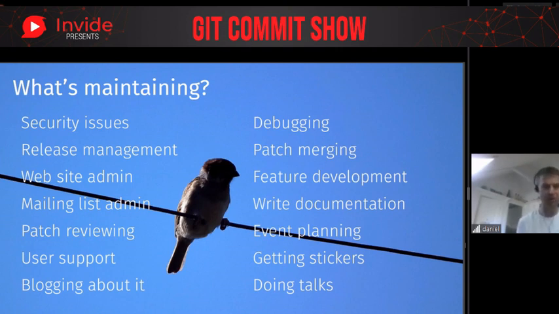User support people are having problems with curl, with libcurl, how to use it, how not to use it. And of course, I also try to blog about curl in the project and what we're doing, what's happening. And then of course, debug problems and merge the patches when people provide them. And finally, at the lower right there, of course, doing talks like this, because information and telling people about it